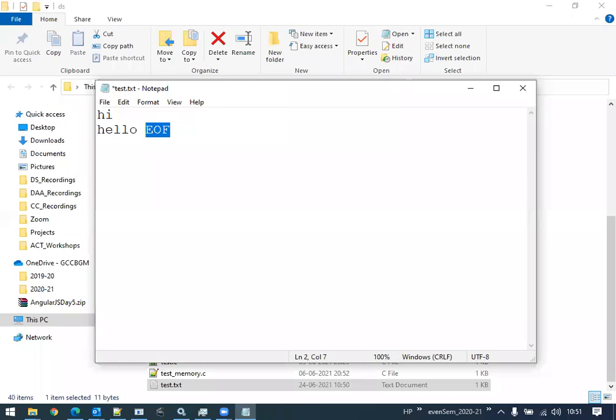What is the purpose of this EOF? This EOF tells the program at the time of execution that the file has reached its end. From this point onwards, there are no more characters, so you can stop the operations you are trying to perform. Suppose you are trying to read: after O, it will encounter the special character EOF, which means you stop reading. This is one of the special characters, EOF, end of the file.